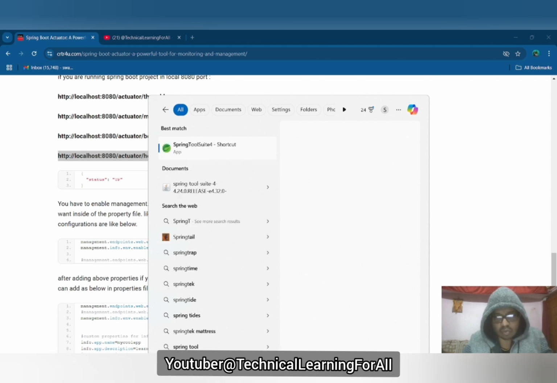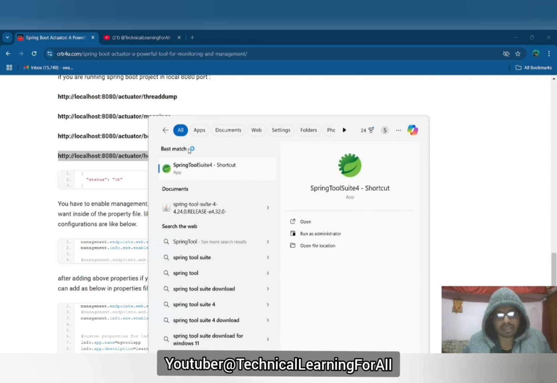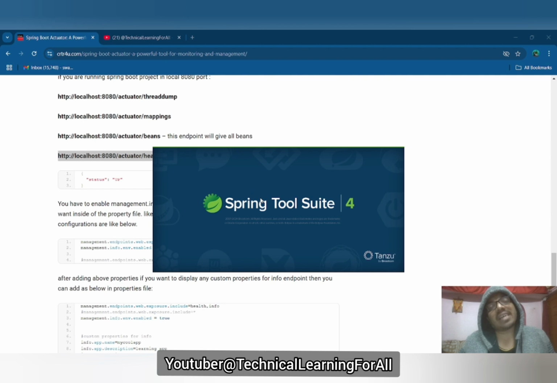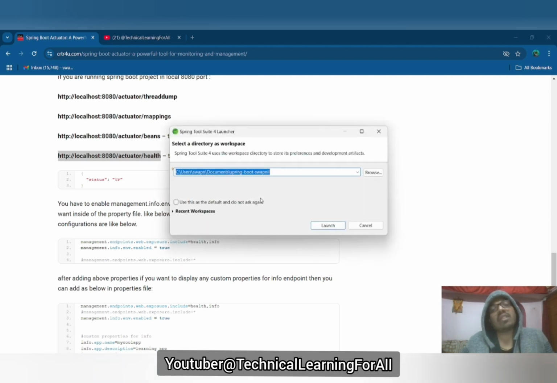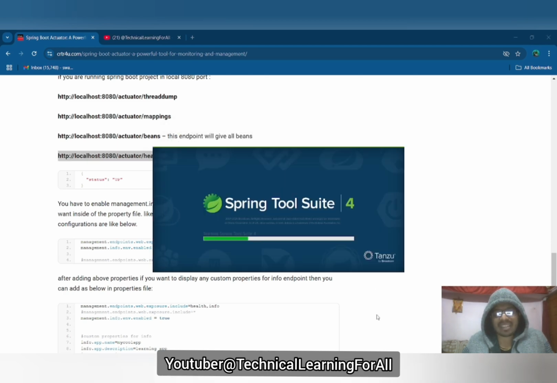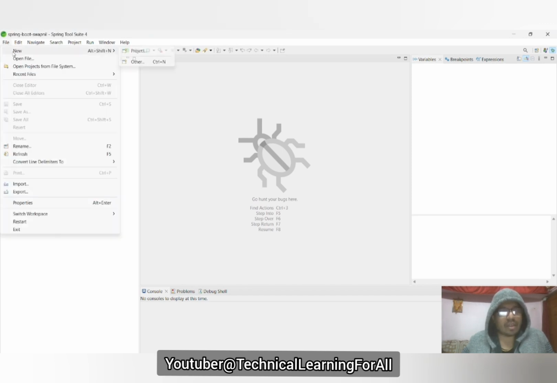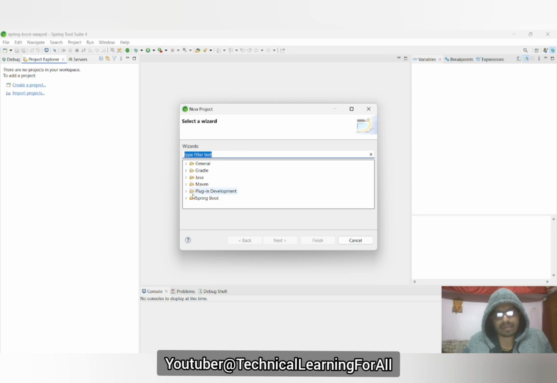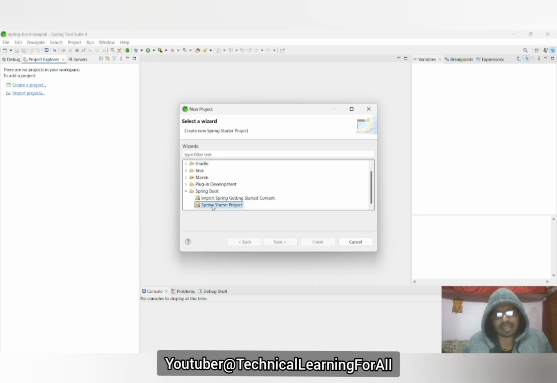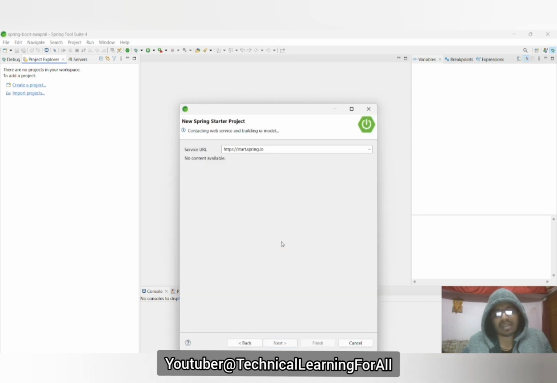Spring Tool Suite. Firstly, we are going to create a simple REST API by using Spring Boot. This REST API will return the welcome message. File, New, Project, Spring Boot. Select the Spring Starter Project. Next,